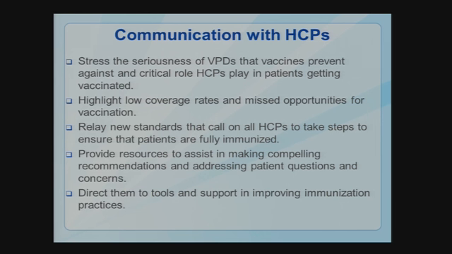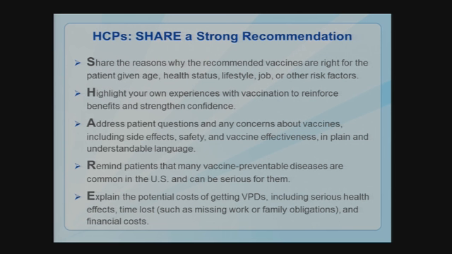A critical piece of what we focused on is the conversation between providers and their patients. For some patients, a clear, strong recommendation that a vaccine is needed may be sufficient. Others may want additional information. So we've summarized the 5 main best practices we identified for strengthening vaccination recommendations into an approach we call SHARE. While there's no magic message or script that can work across all adult vaccines and for all patients, we believe that these are important communication strategies that providers should keep in mind when helping patients make the decision to get recommended vaccines.